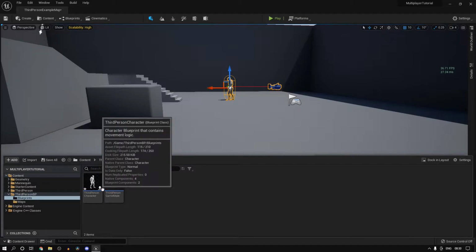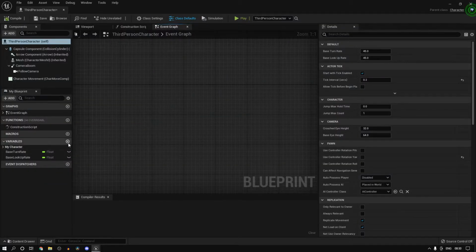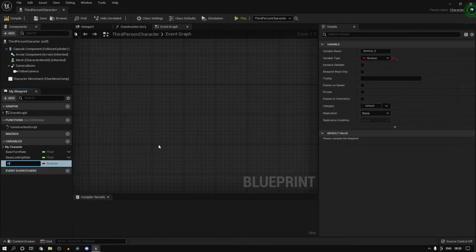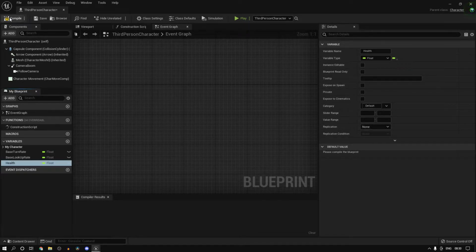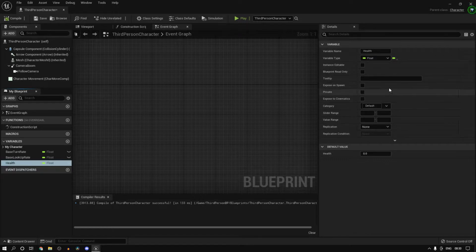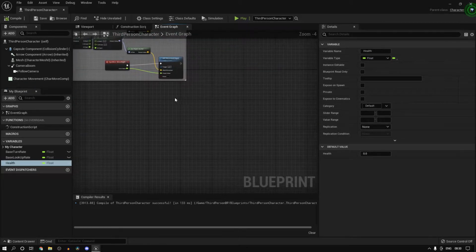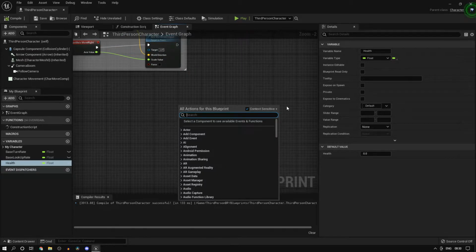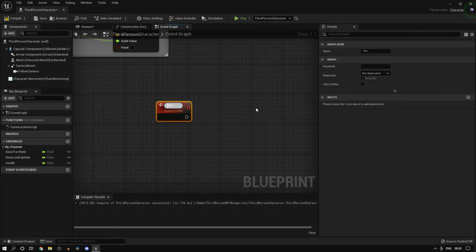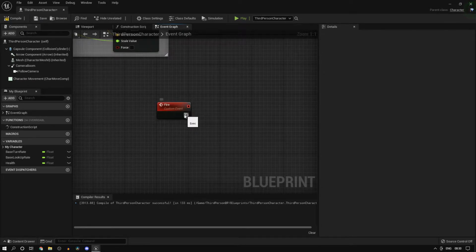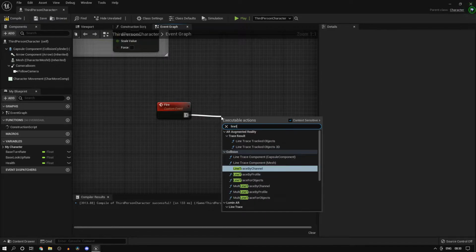Now let's start by creating a health variable in our character. If you don't know how to do all this, or if you want to know more about variables, you can check out my video on my channel. I will put an i-card on the top, and over here let's create a simple fire function. Don't worry guys, we'll be going over all of these in future videos. So just a custom event Fire, make this capital, then we'll do a line trace by channel.